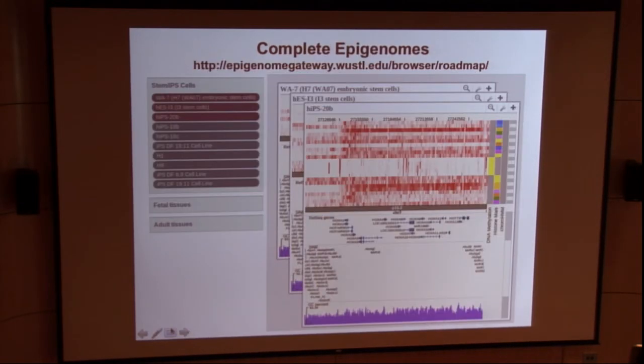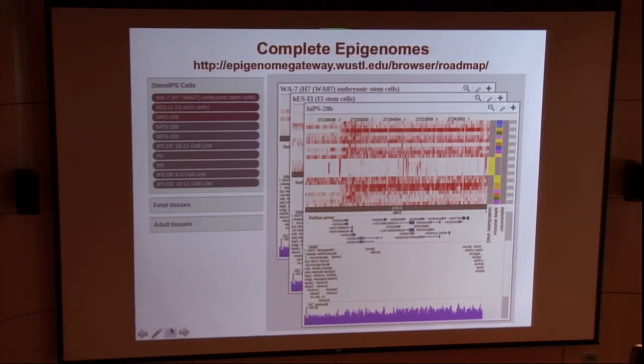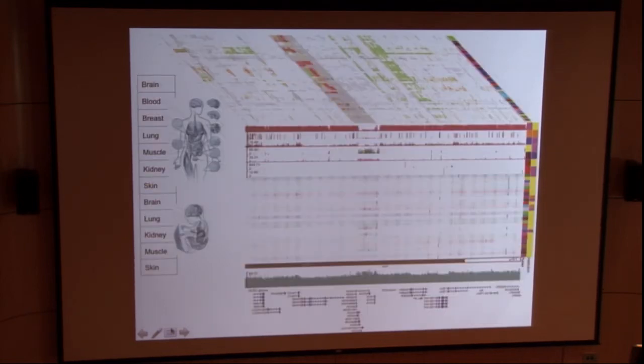The last slide is an effort to bring out all the complete epigenomes produced by the Roadmap epigenomic community. Again, this is a very simple innovation. We allow multiple browser instances to be displayed and navigated in the same view. So at the end of the day, this is what we have built, right?